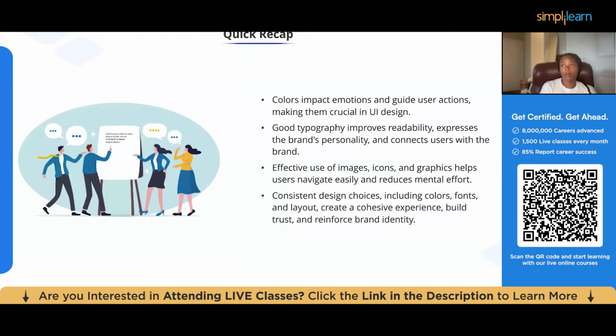We went over colors impact emotions and guide user actions, making them crucial in UI design. We also learned that good typography improves readability, expresses the brand's personality, and connects users with the brand. In addition, effective use of images, icons, and graphics helps users navigate easily and reduces mental effort. We also learned that consistent design choices, including colors, fonts, and layout, create a cohesive experience, building trust and reinforcing brand identity. We even built